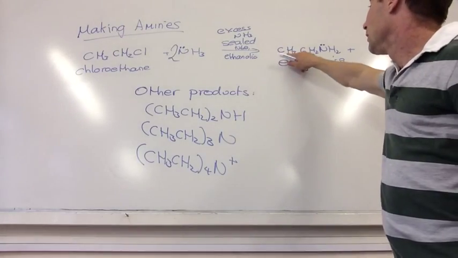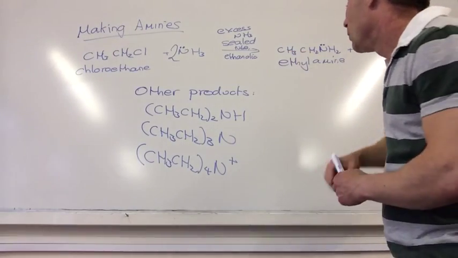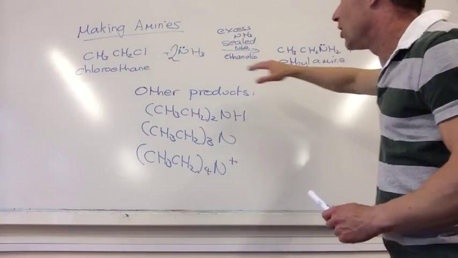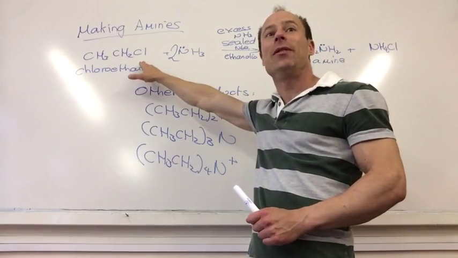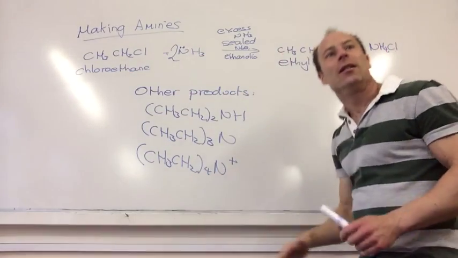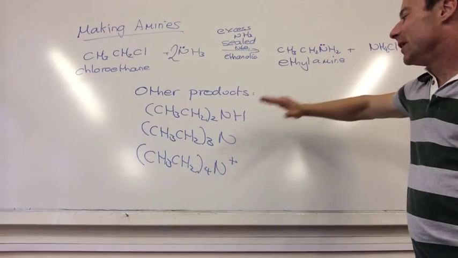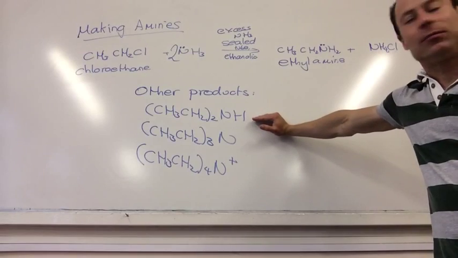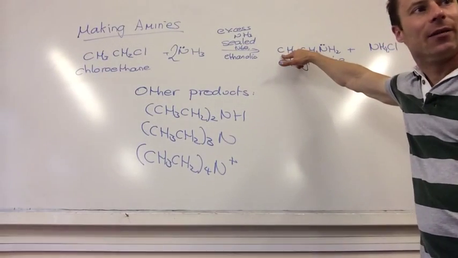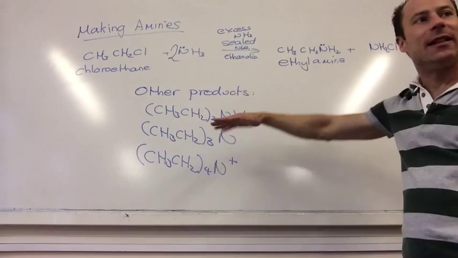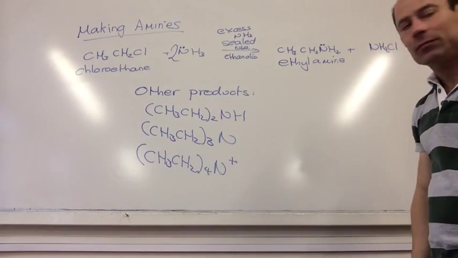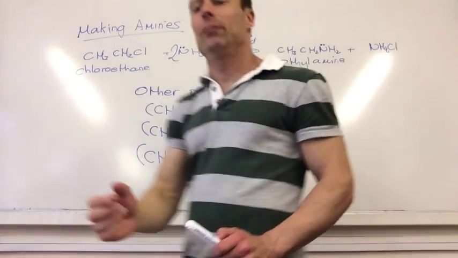What about Cl at the end though? Well, you're making Cl, so it depends on which halogenoalkane you're starting with. Oh yeah, true. So it could be Br. Normally they're interested in the organic product, and it's normally that one they want you to identify. The R group is the CH3CH2. That's right, yeah. So you just keep replacing the H with that. It says in my book here that amines